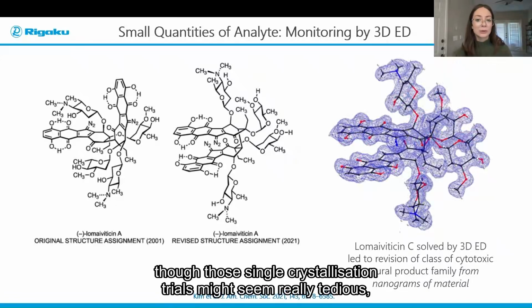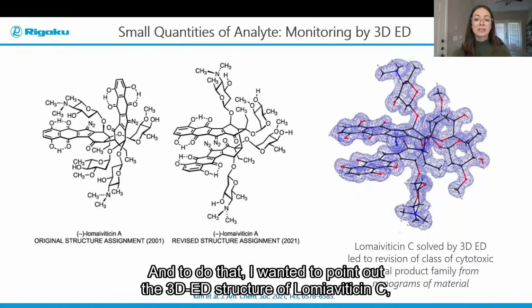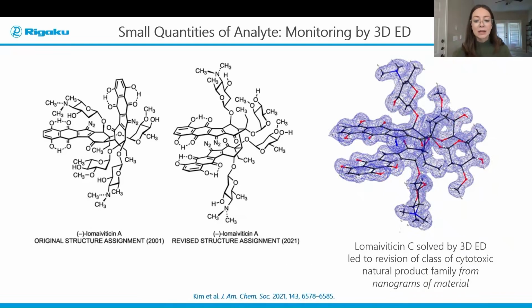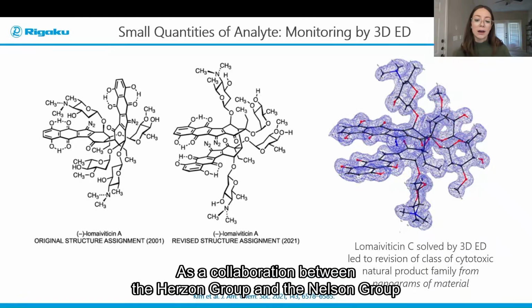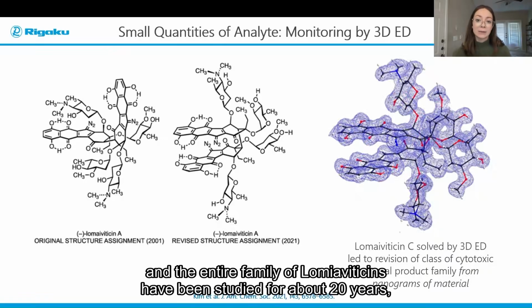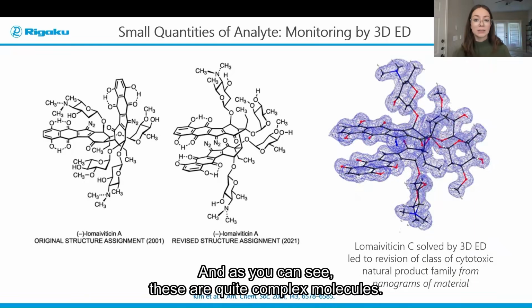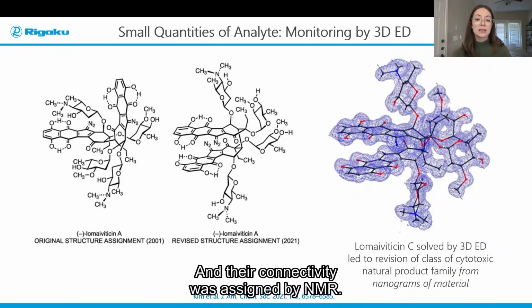And even though those single crystallization trials might seem really tedious, I just wanted to emphasize why we would do something like this. And to do that, I wanted to point out the 3D-ED structure of lamivudicin C, which was solved in 2021 as a collaboration between the Herzon group and the Nelson group. And lamivudicin C and the entire family of lamivudicins have been studied for about 20 years, and no crystal structure was ever successfully solved. And as you can see, these are quite complex molecules, and their connectivity was assigned by